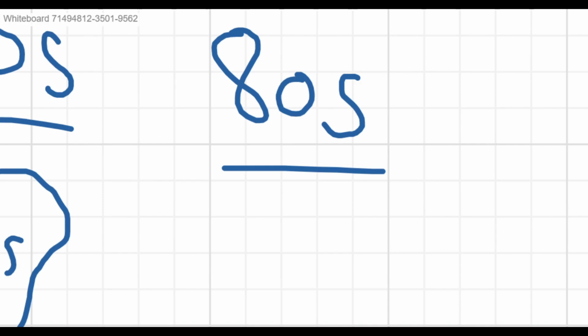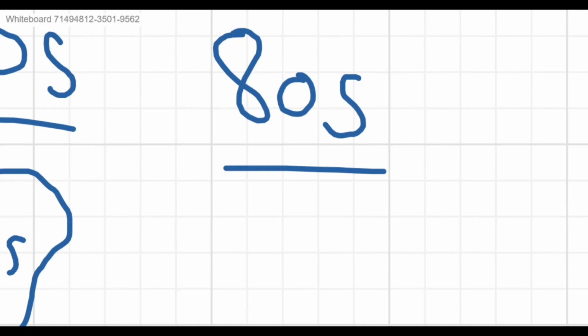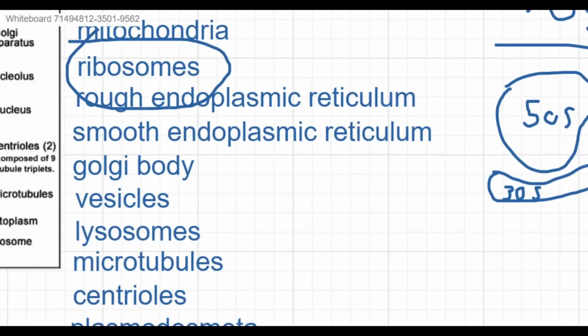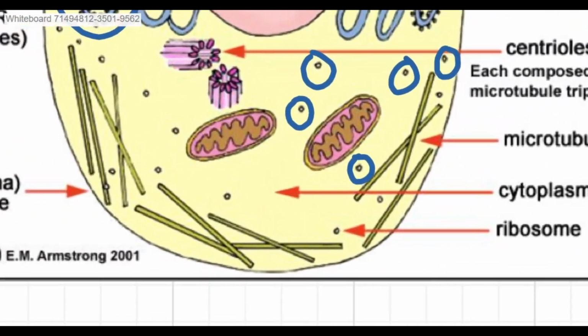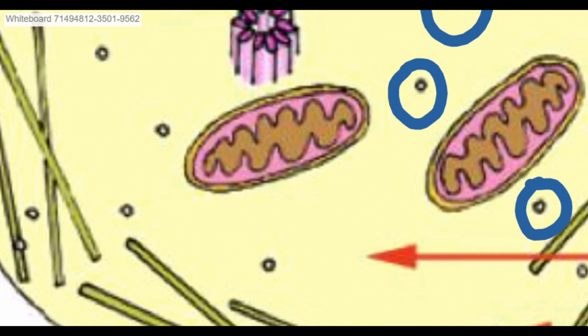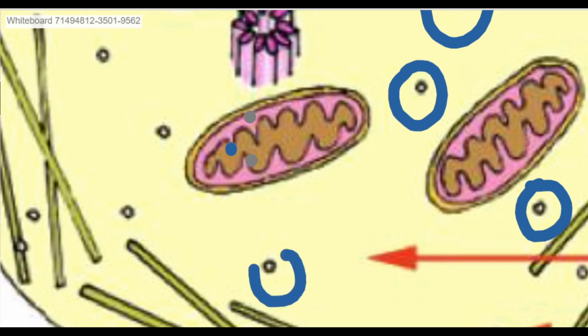Later in this video we will learn what eukaryotic and prokaryotic cells are, but for now just know that 80S ribosomes are only found in the eukaryotic cells. Inside all the cytoplasm, the small dots are 80S ribosomes. Now, the 70S ribosomes are found in two areas. So, the 70S ribosomes are found inside the mitochondria, and it's also found inside chloroplast, while all these dots are